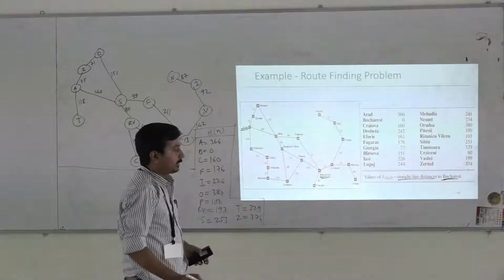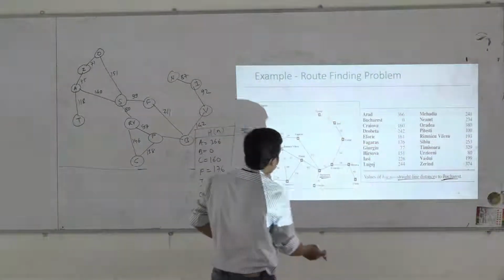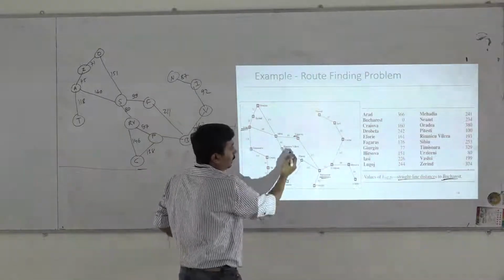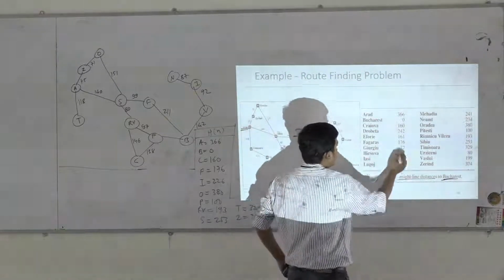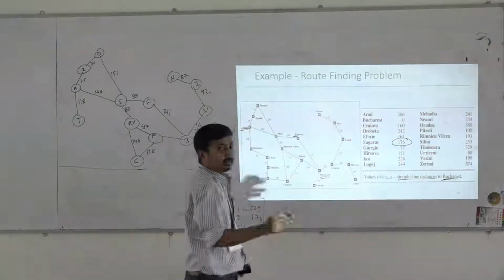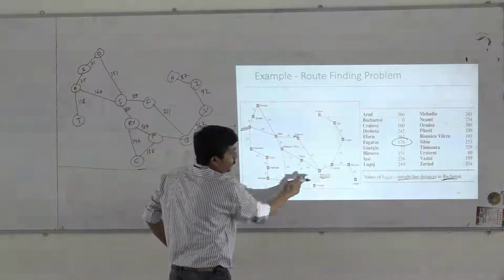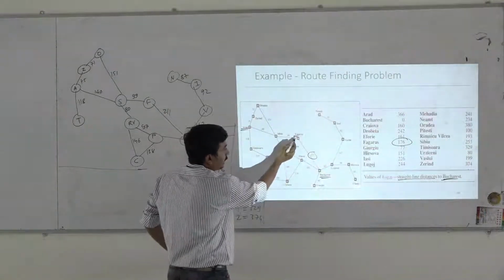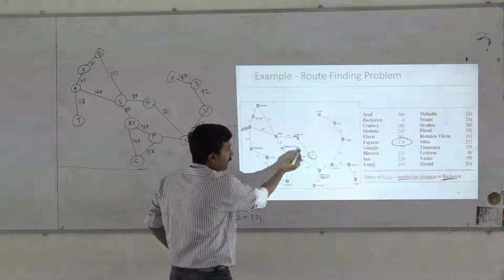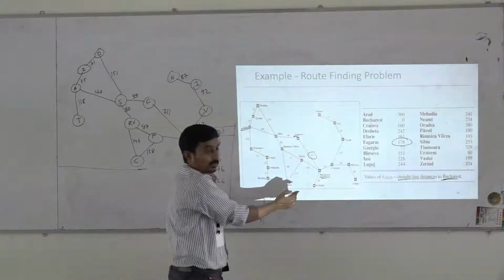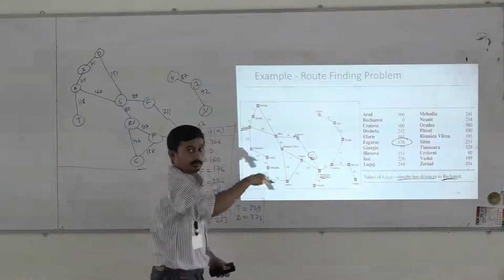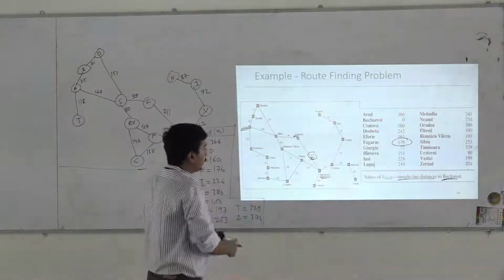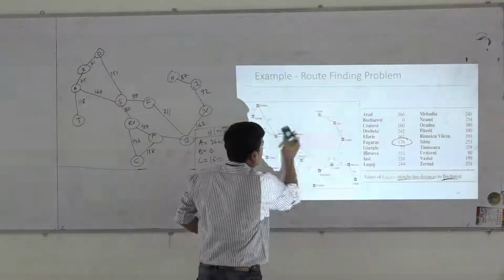And these are the straight line distances. For example, the heuristic value of F here is 176. It is the straight line distance from F to B. But in this diagram we are representing the connectivity between the cities by a straight line, but the actual path cost may be higher than this straight line distance. So this is the significance of this value.